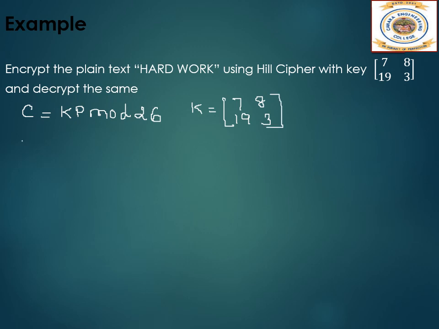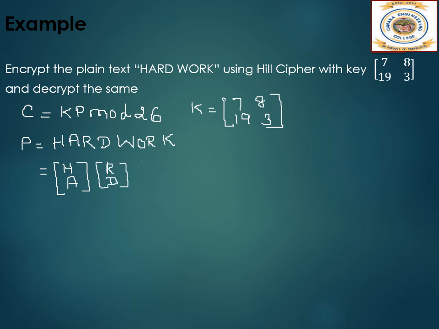And the given plain text is hard work, H A R D W O R K. Now we have to write this plain text in the form of a column matrix. Since the key is 2 cross 2, we have to write a matrix with one column and two rows. So H A, R D, then W O,